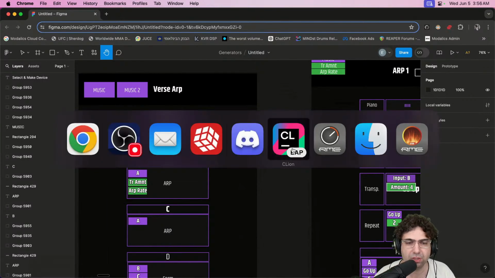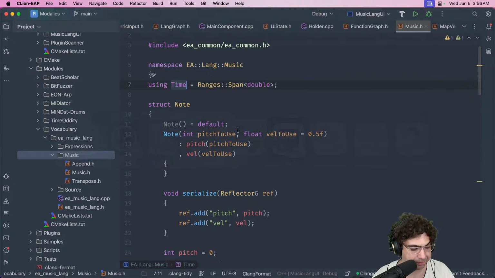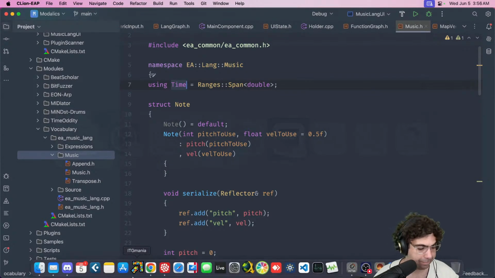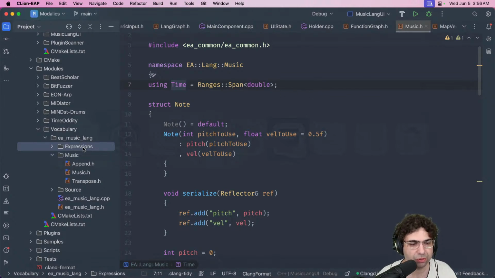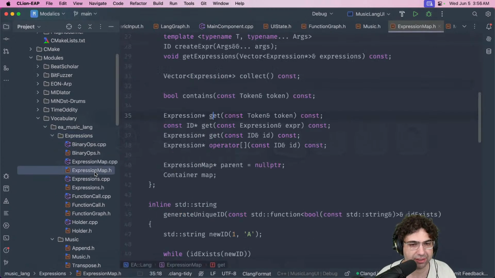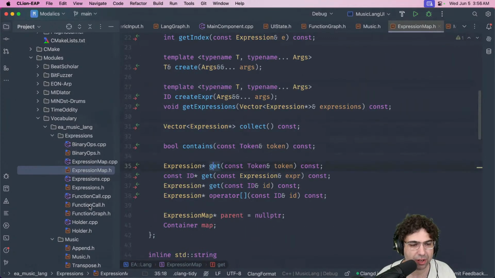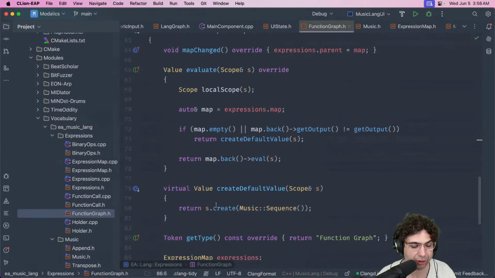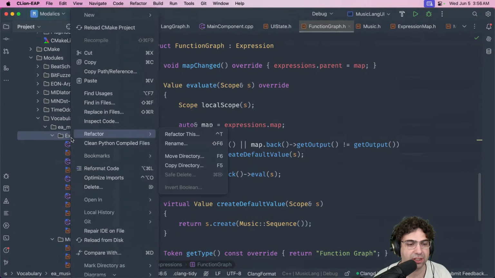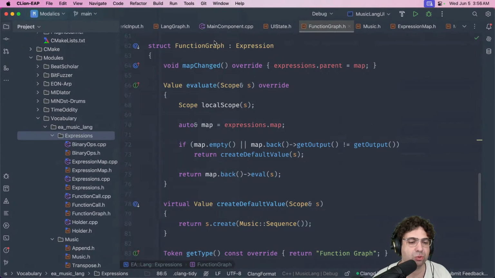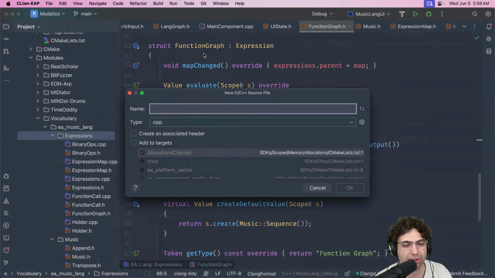So going back to my code, nice. I was just starting to clean up this thing that my UI depends on. My UI depends on this thing called a function graph, which is the state for this. It's not a UI object. It just has what's needed for the state to run, because that's usually how we construct things.